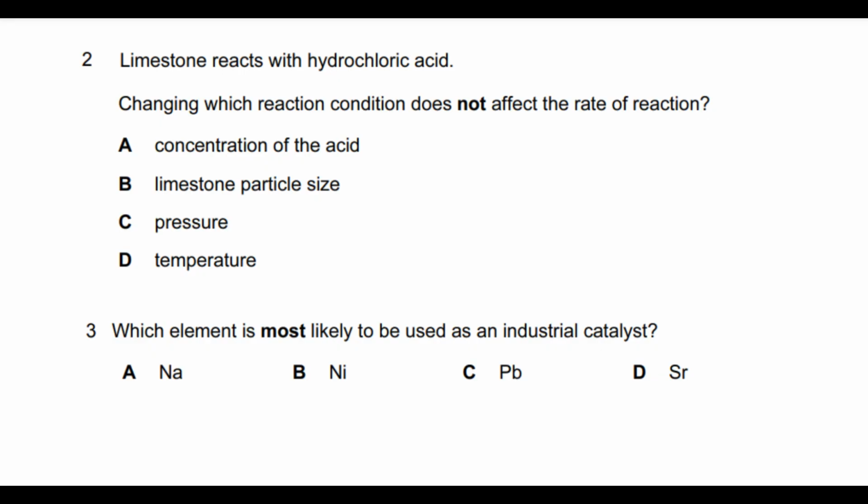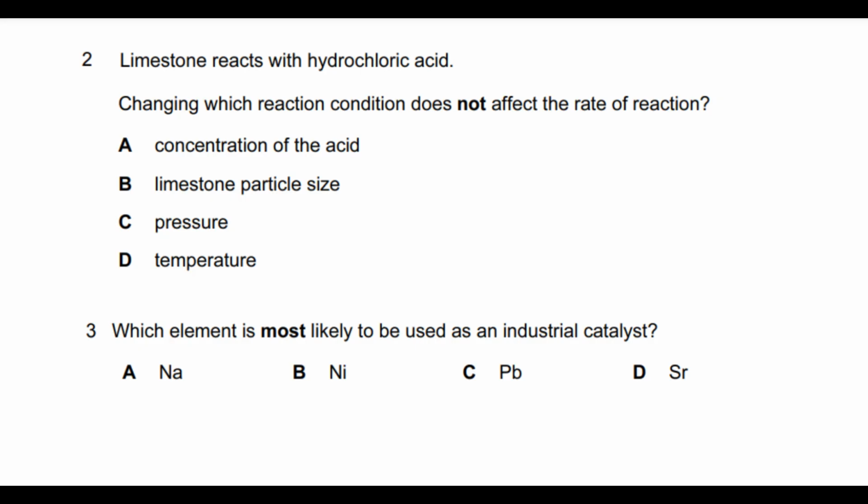catalyst. A catalyst in a chemical reaction works in such a way that it lowers the peak of the activation energy. That means it brings down the barrier of activation energy. So the percentage of particles carrying energy equal to or more than the activation energy increases, so the rate of reaction increases. And you have to identify which of the following is a transition metal.